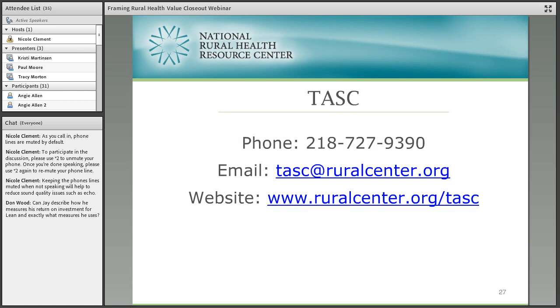As I mentioned previously, we put together a final project summary report. The link is provided here, and we'll send the link to you in an email as well with the recording from today's webinar. But in that report, you can see more of a description of what happened with this case study hospital. There's an overview of the recommended interventions and where they fit in with the different areas of the categories of the Performance Excellence Framework. There's some quotes in there from the cohort discussions and things that you all said about either what the case study hospital needed to do, why an intervention was important, or what you might